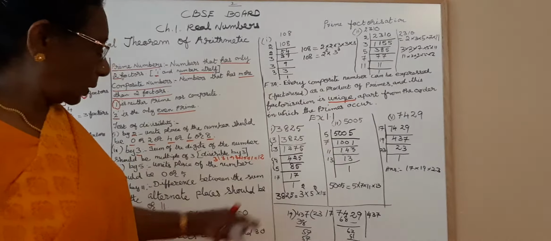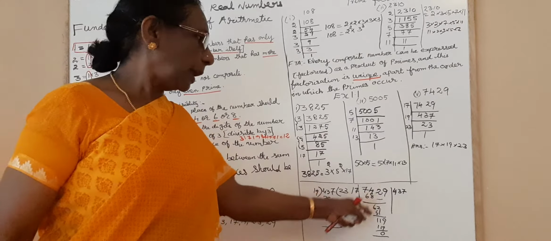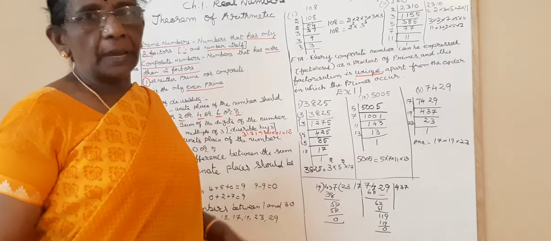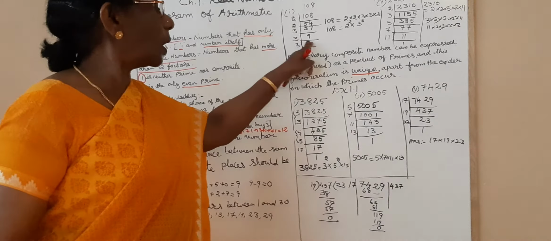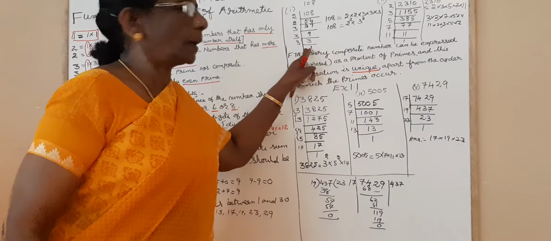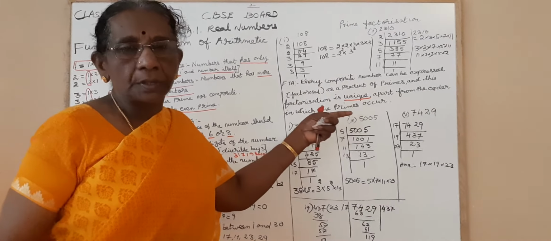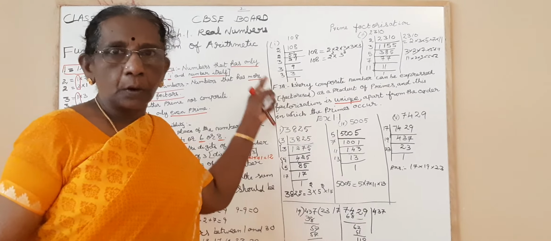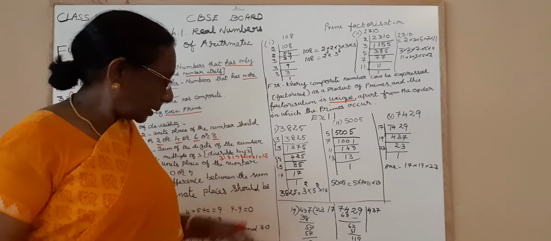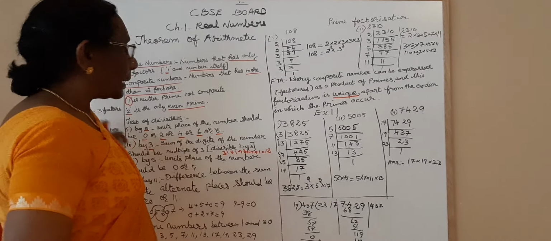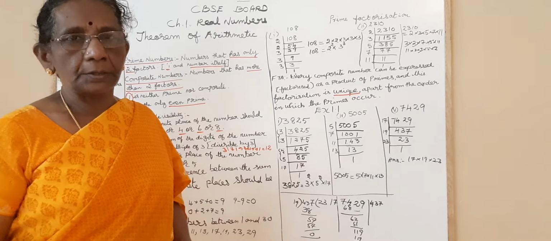Okay children, so when you go above 11, you have to divide and check whether it is divisible by that number. You have to divide till you get a prime number and 1. You should not use any composite number to divide. I think you may have understood this, and let us do the other sums in the next session. Thank you.